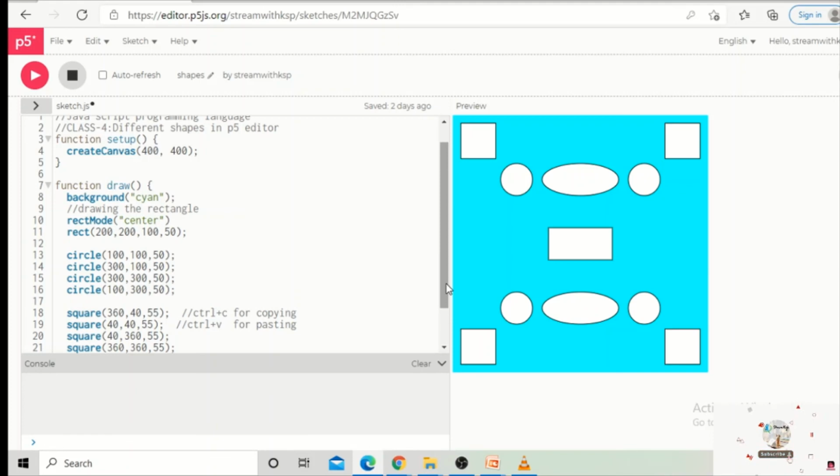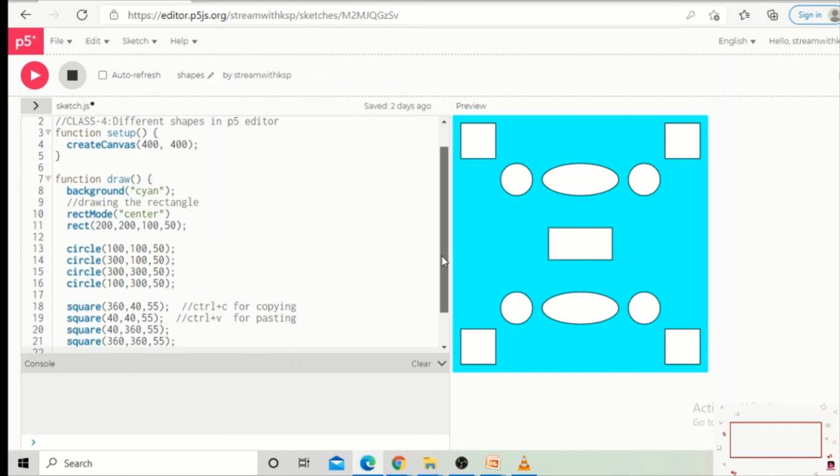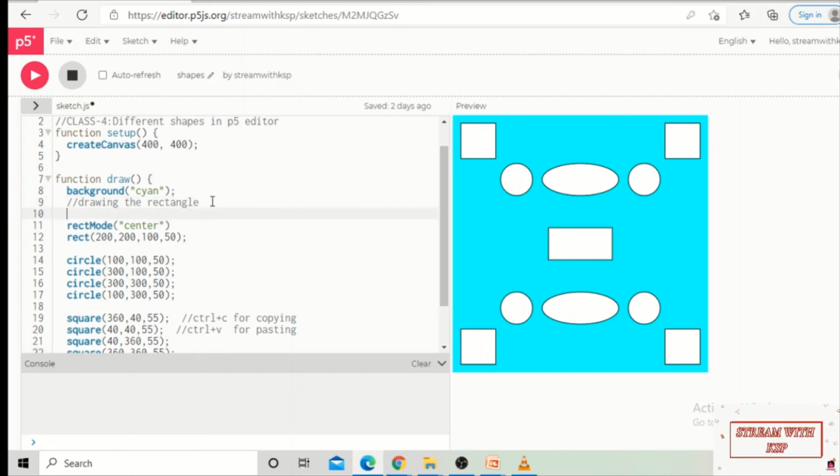Yes, now we are done with creating the different shapes in different positions. Now we will fill the different shapes with colors, one color each. Suppose square with one color, circle with one color, and ellipse with one color. So if we want to do that, we will be going one by one. Let us go to the rectangle and fill it with a color. I want to fill it with red color.